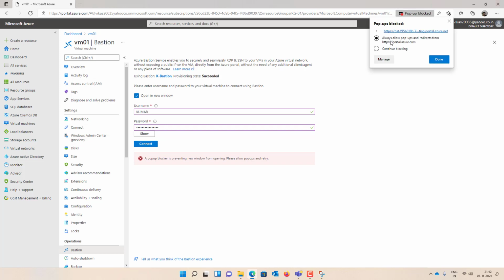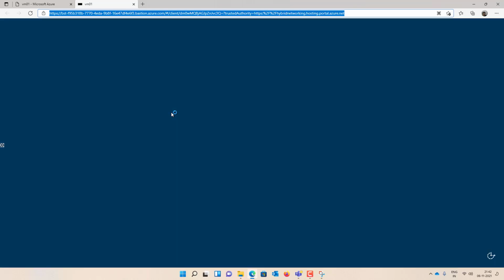Pop-up blocked. So now you see there is an HTTPS session, BST for Bastion service, and the session ID is used, which is a client ID. And now I'm able to connect the web session of the virtual machine. So this is the way you connect securely to a virtual machine without using a public IP, without exposing towards internet, and with a secure option called Bastion service.